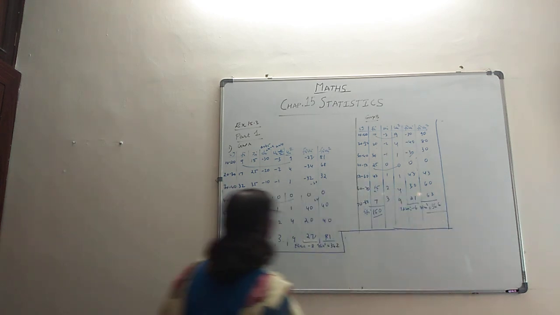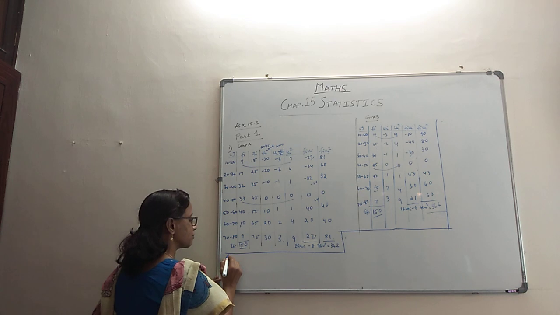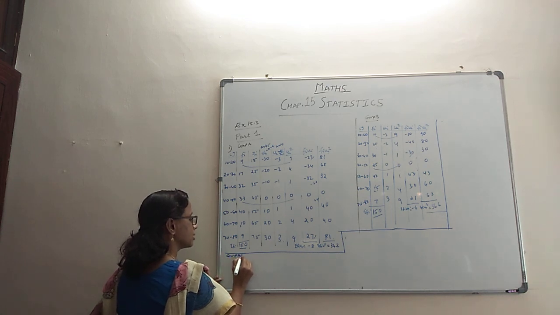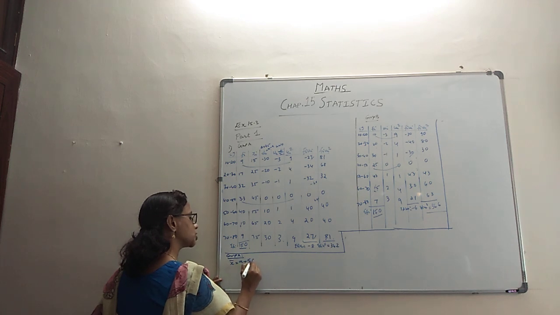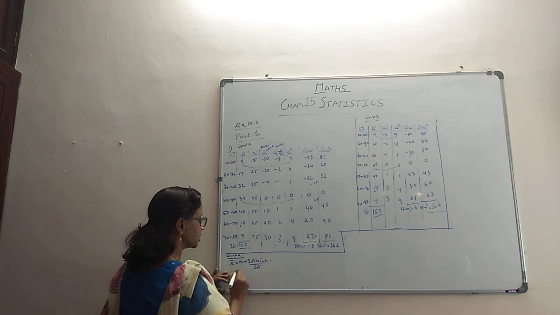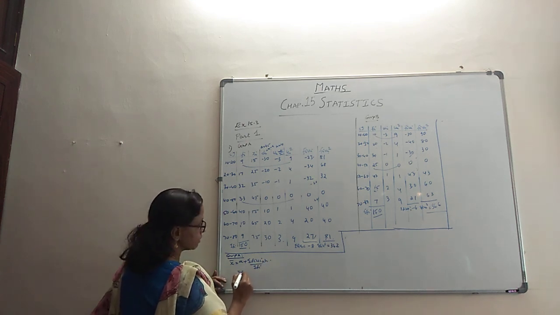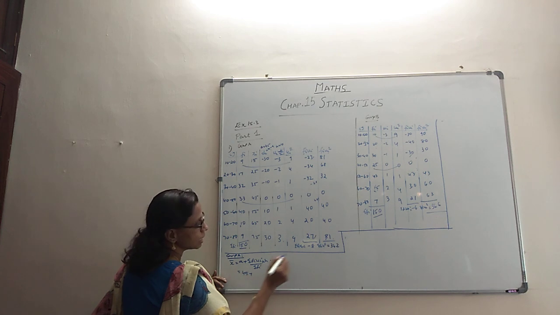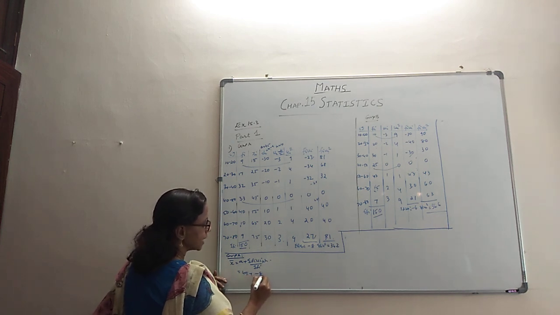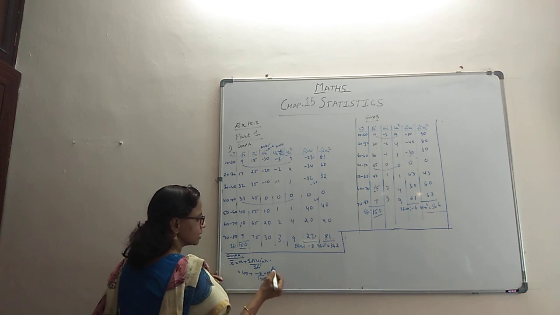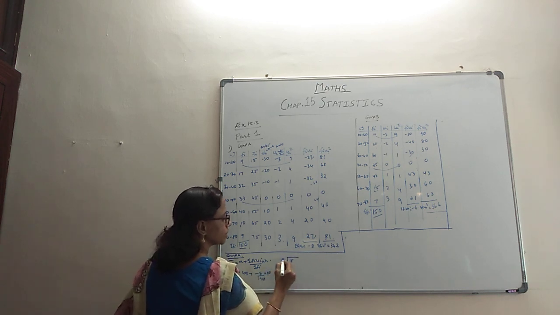Let's check now. First we will calculate everything for group A. For group A, first the mean is a plus summation fi ui by summation fi into h. Nothing new to us, we've been doing this for quite some time. A, I told you earlier, is 45. Fi ui for us is minus 8 and fi is 150 and h is 10. So the zero can cut. 8 and 15 are unable to cut each other. So let's see if we can reduce 8 divided by 15.